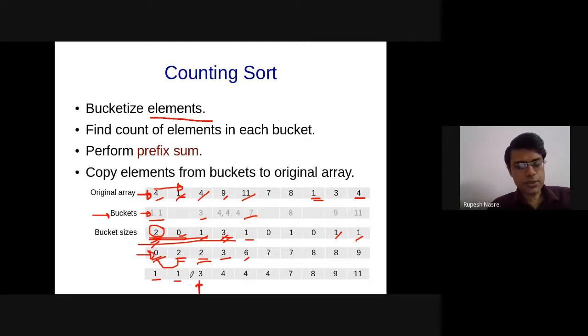Yeah, this part is 0 based, and 3 also starts at offset 2, and therefore the number of 2's is the difference of these two, which is going to be 0, so you don't output 2. The difference of these two is 1, and therefore 3 appears exactly once. The difference between these two is 3, and therefore 4 appears 3 times. And that is how you go from prefix sum.